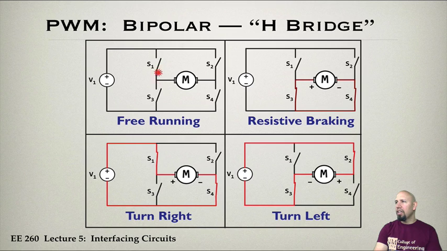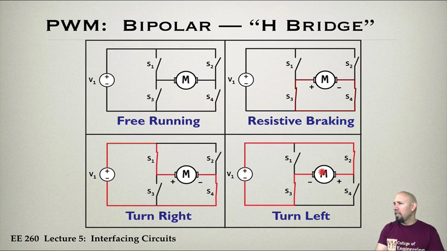In other words, we never use this configuration when all 4 of these are closed. We could use it, but we just never do. We never use them when these guys are both closed at the same time, or these guys are both closed at the same time. We never do that, because basically that's shorting your power supply. You don't want to do that. So there are a number of configurations we definitely don't want to have happen, and so the trick